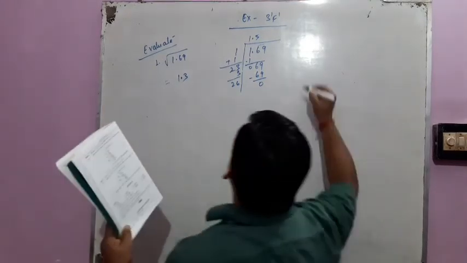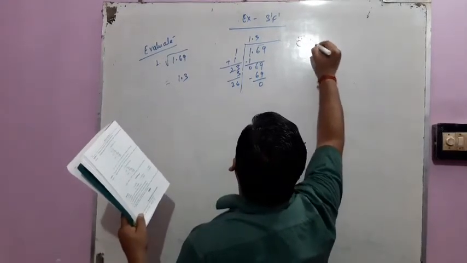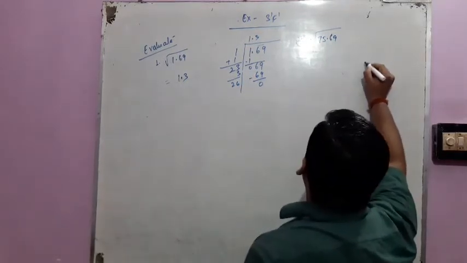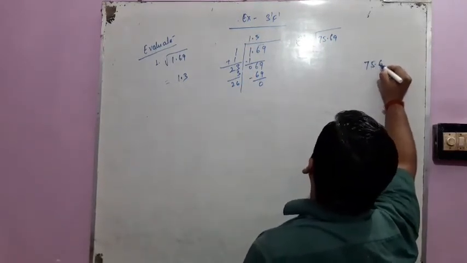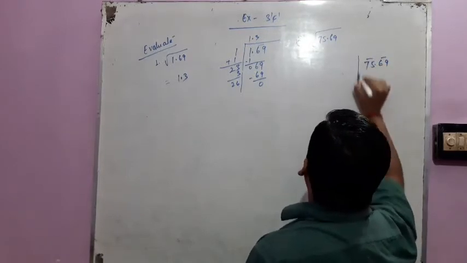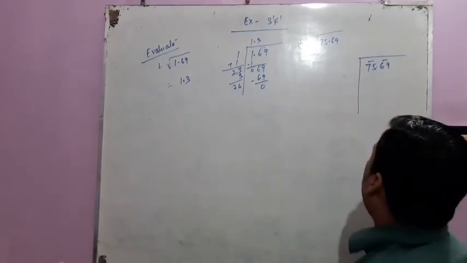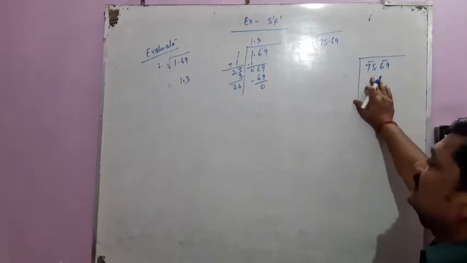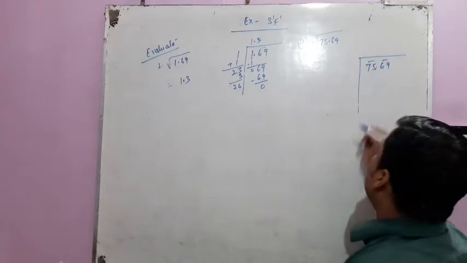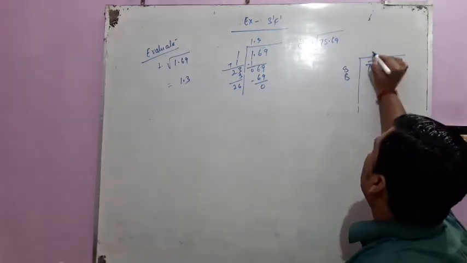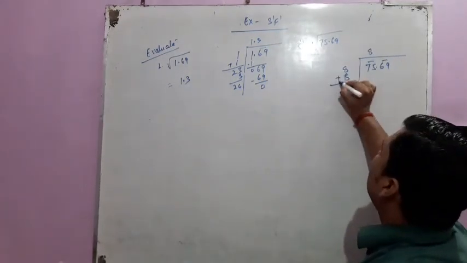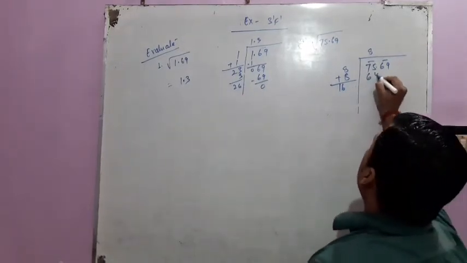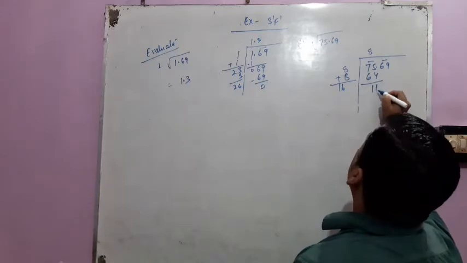Look at another example, question number 4. Find the square root of 75.69. Now, I have written here 75.69, making the pairs. Now in my mind, I have to think: the square of which number is less than 75? Of course, the square of 9 is 81, so we are taking the square of 8. That's why we have to write 8 three times. Here we have to add 8 and 8, 16. So 8 times 8 is 64. When we subtract the value, we will get here 11.